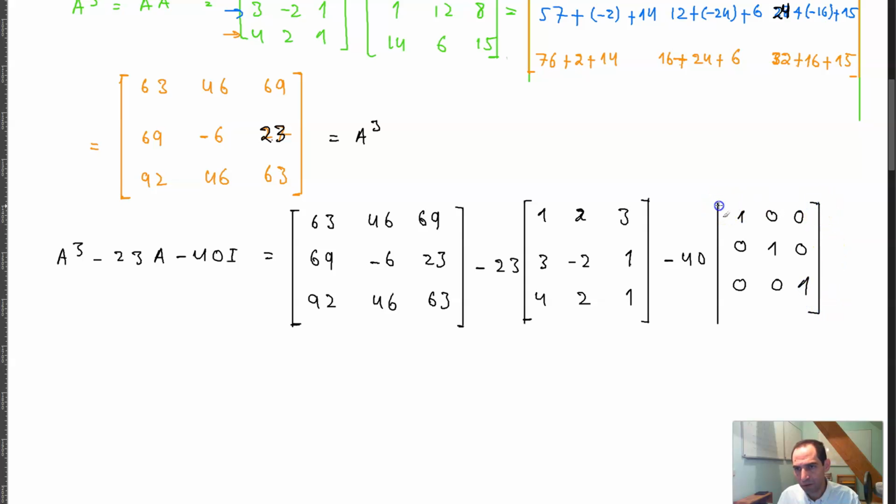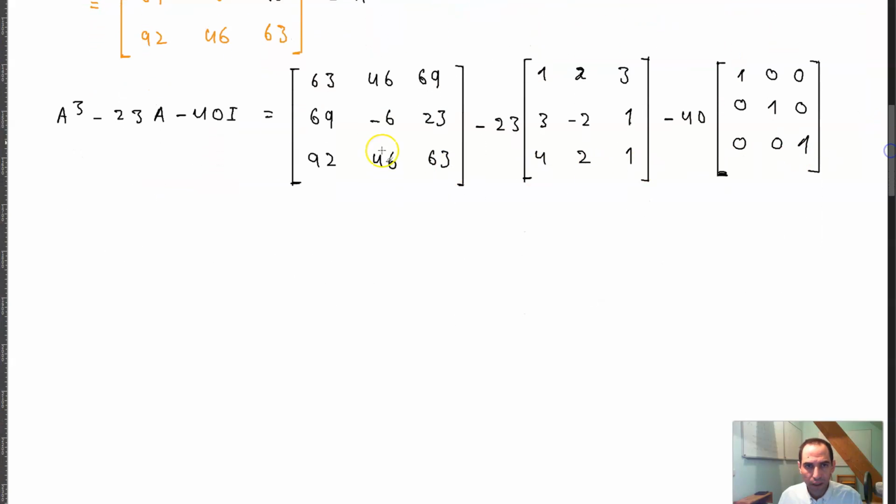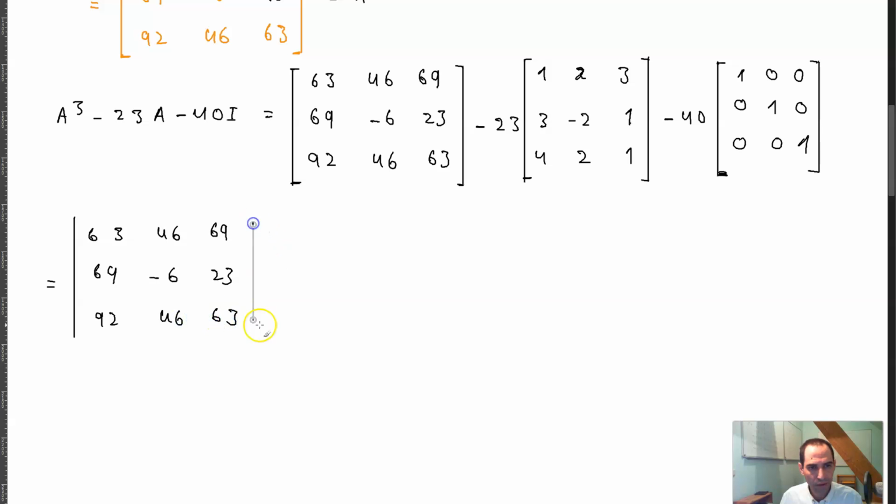That would be the identity matrix of order 3. And then you can multiply and calculate this thing over here, which is basically 63, 46, 69, 69, negative 6, 23, 92, 46, 63,